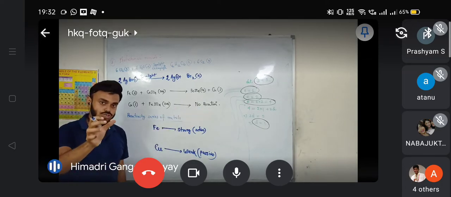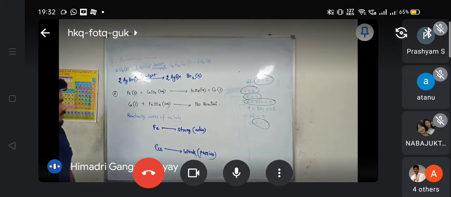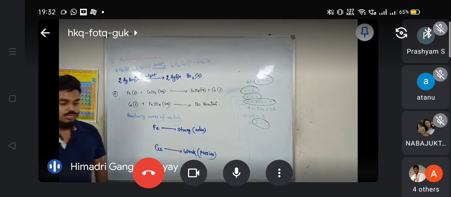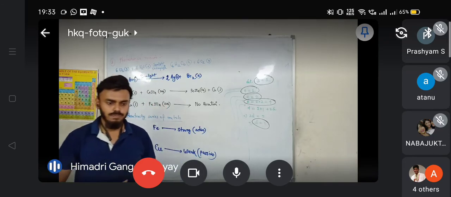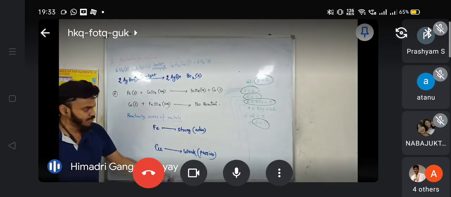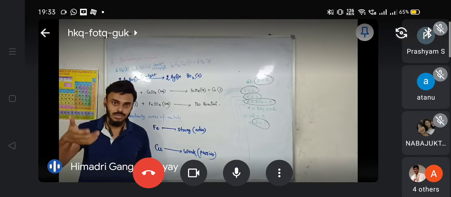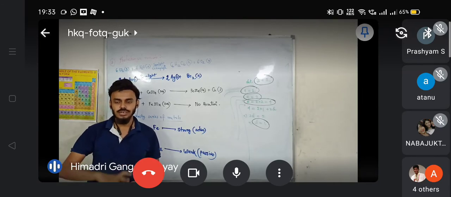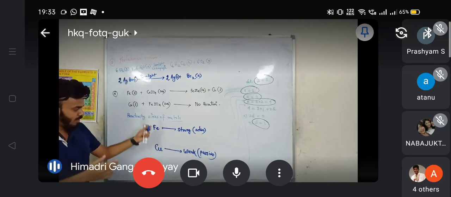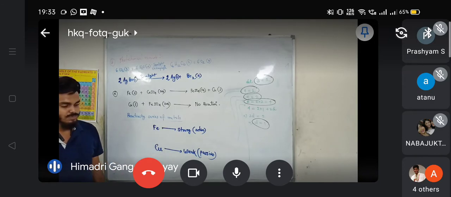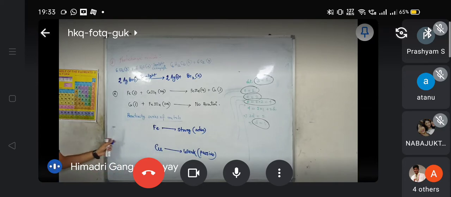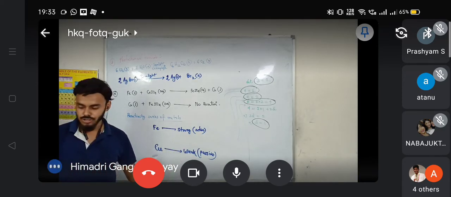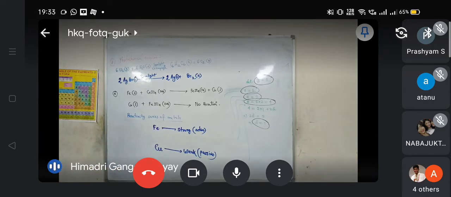And the source of the theory is the reactivity series of the metals. So please go through the reactivity series and try to remember the names of all the metals from top to bottom in a rhythm. There is a rhythm to remember the names of the metals from top to bottom. So I will suggest you please go through it. Okay, done? This type of question will come from the electrochemical series or the reactivity series.